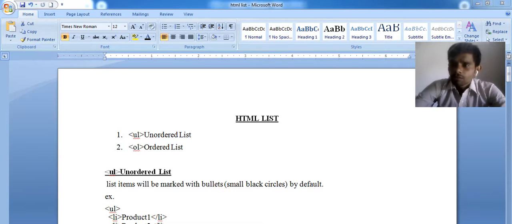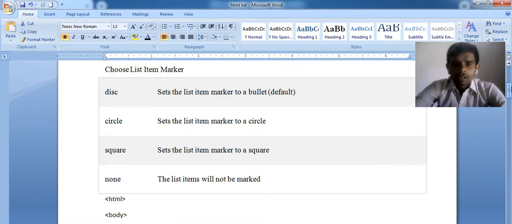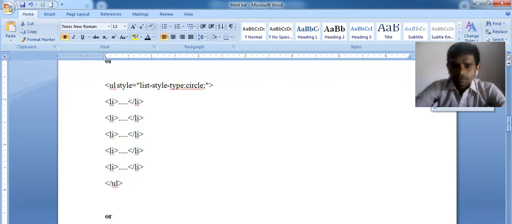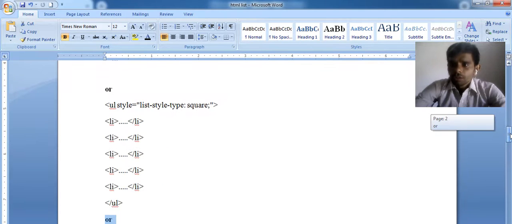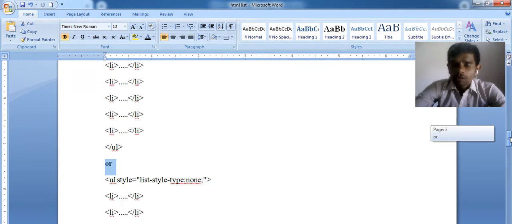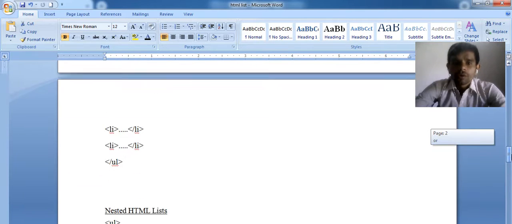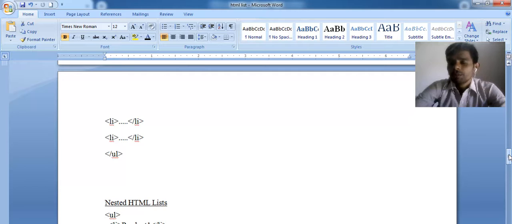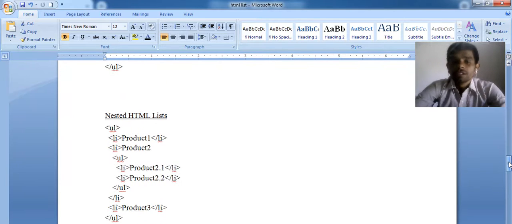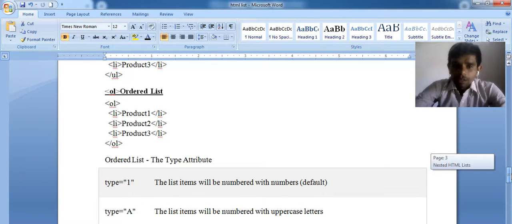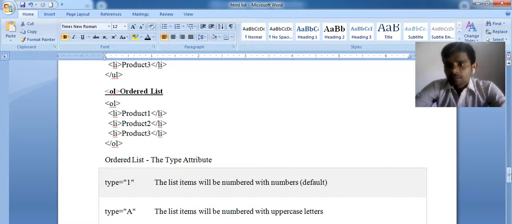If I am talking about the ordered list, it is basically used if you want to show your data like 1 2 3 4 5 6 in this format, or maybe A B C D E F in this format. So here I use the OL tag.